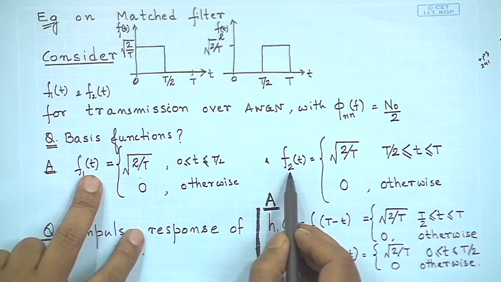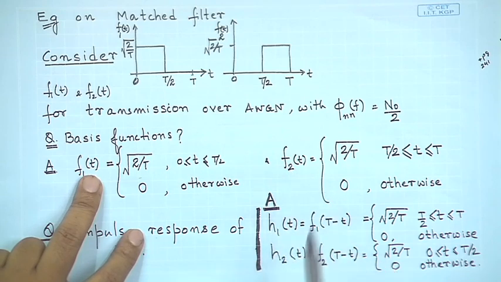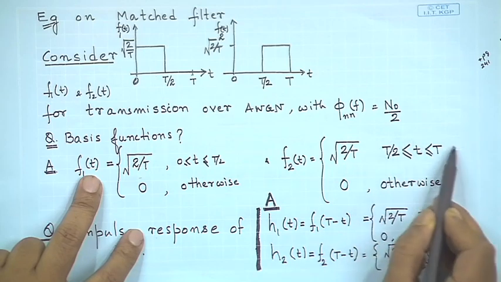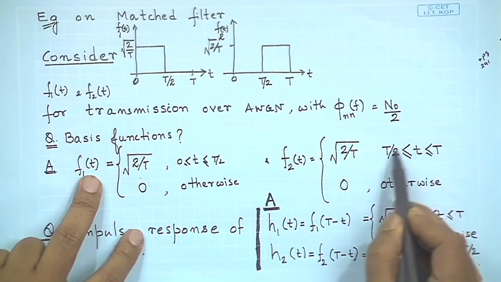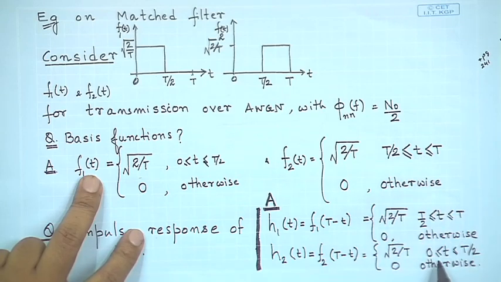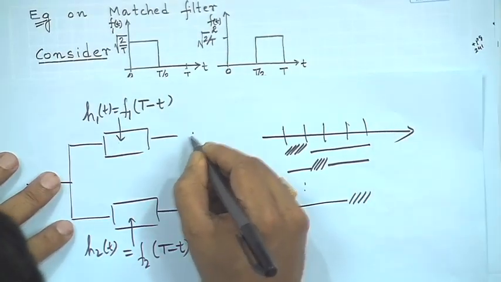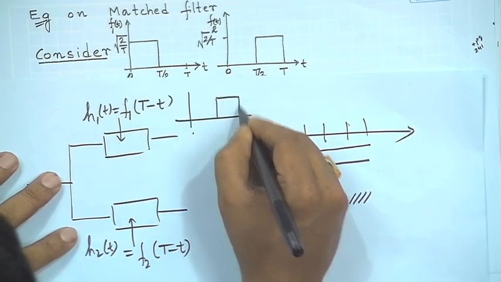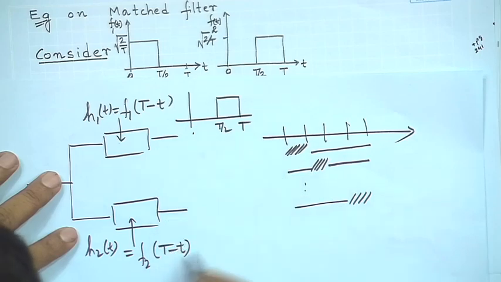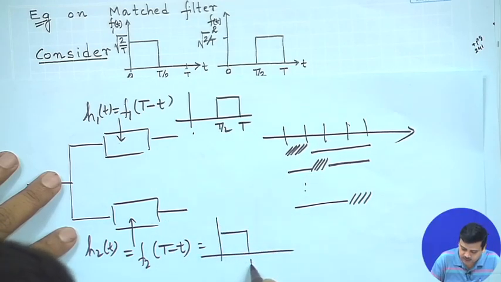Similarly for f2(t), the second impulse response would be f2(T - t). So f2(T - t) would take this value for the interval where T minus t lies in this interval. If you put that in, you get that for small t in the interval 0 to T by 2, it is non-zero. That means you are going to get h2(t) as, sorry, we could draw it here. So you would get h1(t) as this, and h2(t) as this,